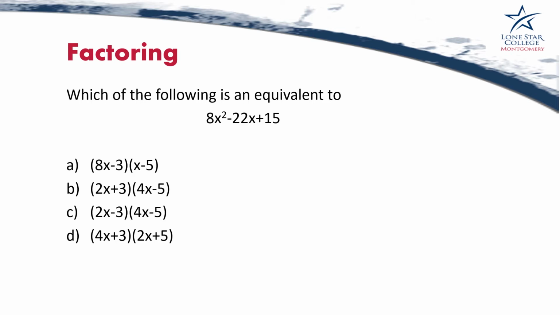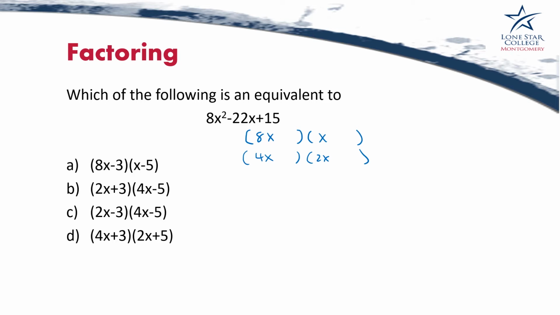Alright, so another one. Which of the following is equivalent to 8x squared minus 22x plus 15? For this one, we can try the other method, which is basically guessing and checking. But the thing about this particular quadratic is that if you were to try to factor it, you would have two possible sets. One of them, you would have 8x and x, because 8x times x gets us 8x squared, but also you would have 4x and 2x, because that would also get you 8x squared. So we don't want to just sit there and try guessing and checking. So there's a more